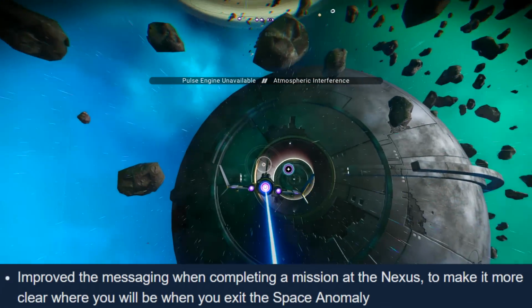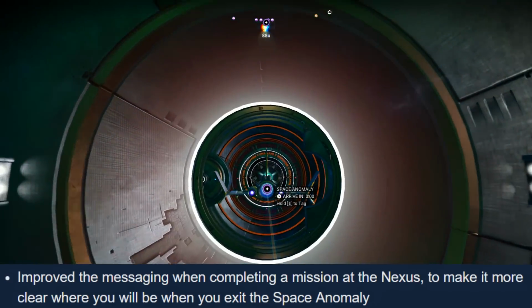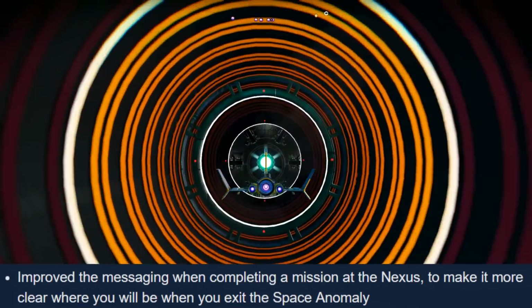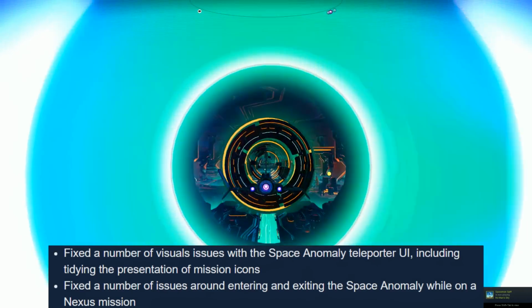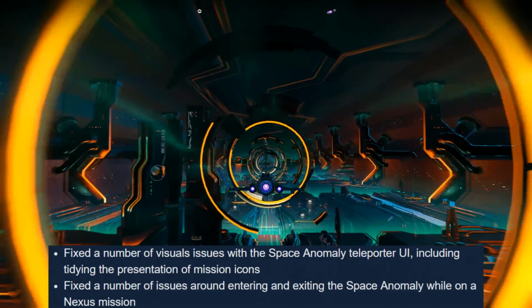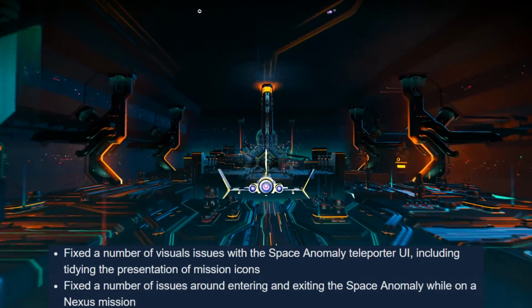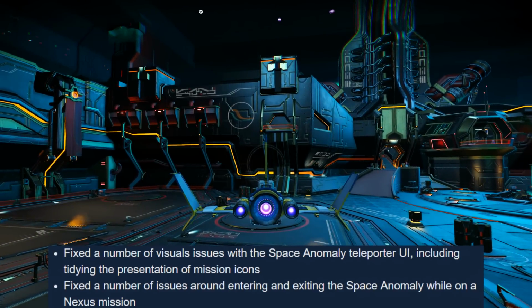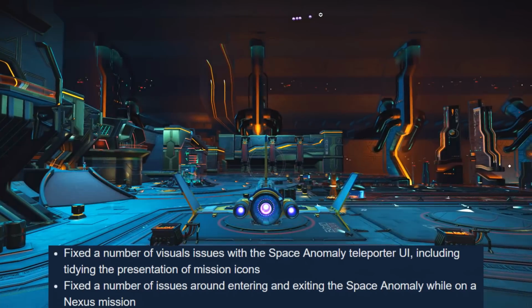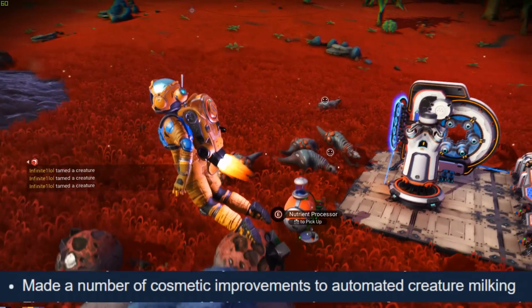And the final changes include improvements to the messaging when completing a mission at the Nexus to make it more clear where you will be when you exit the space anomaly. There's also a couple more fixes for the space anomaly, including of course a number of visual issues with the space anomaly teleporter UI, including tidying the presentation of mission icons, fixed a number of issues around entering and exiting the space anomaly while on a Nexus mission, made a number of cosmetic improvements to the automated creature milking,